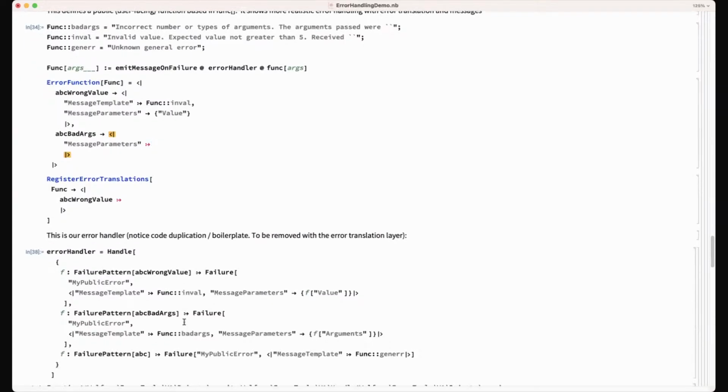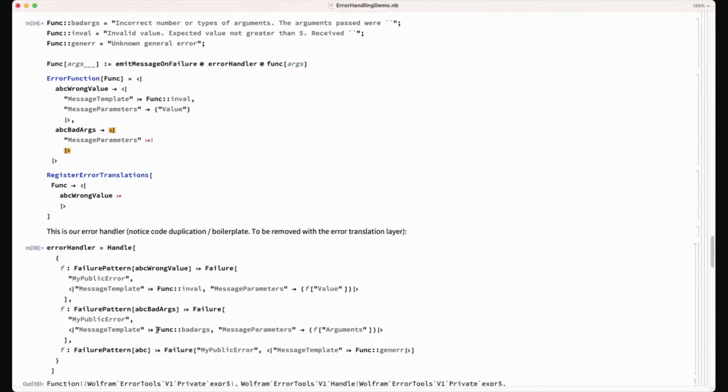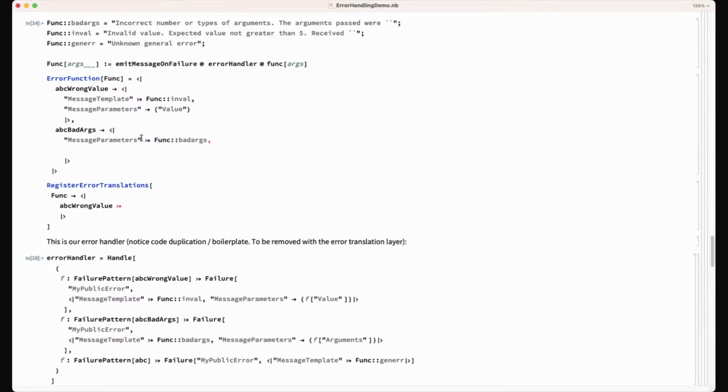So what I was saying is that we have this pattern where there are internal failures that need to be swapped out for some externally visible failures. So this will look something like this, and essentially it will be the function and then the error type. But I think, and we've discussed it to some extent, that it would also be good for the error types to have their default behaviors if the error type is being called.